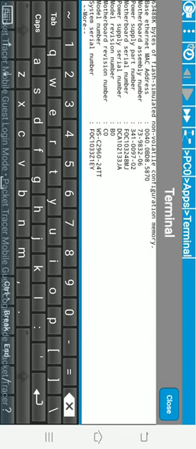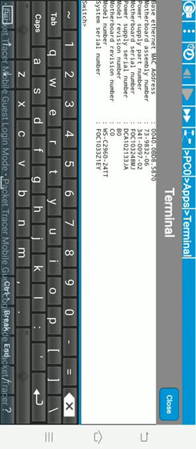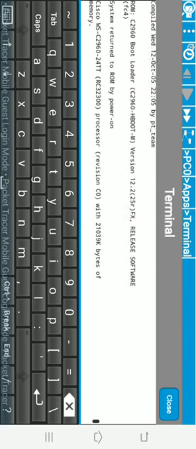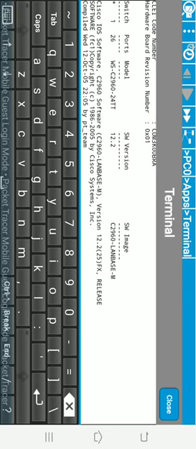Enter. So as we can observe here, this is the version of the switch. We can see the number of switches connected and the number of ports in the switch, the model of the switch, the version of the switch, and the image of the switch.